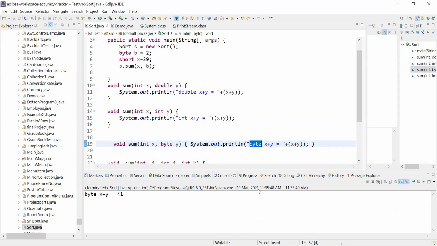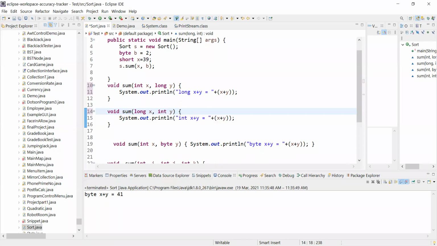Now there might be an ambiguity case, like let me discuss that, where we can have ambiguity. So let's say this is int, we have method int x, and the second parameter is long y. Okay, let me take this as long x, y, and the second one we have is long x and int y.